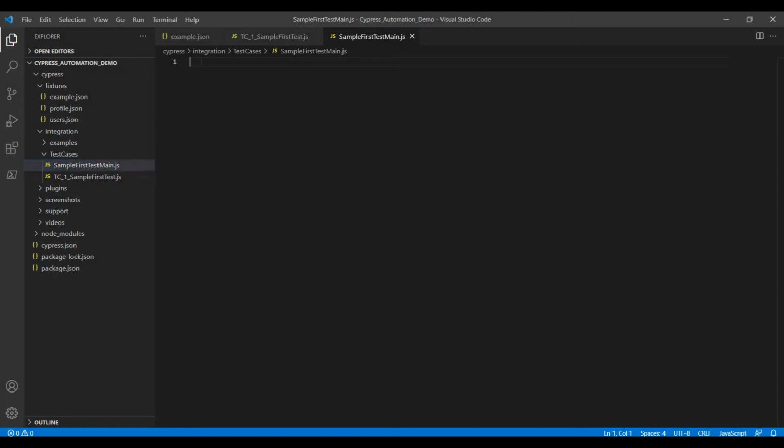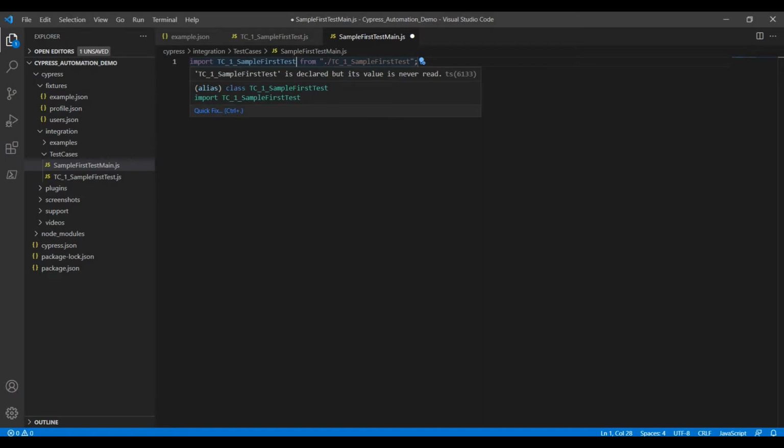Here we have to add one line, import. So what is the class name? TC. After selecting that class name, that command will be updated automatically, right? Here you have to add one more dot. Then here you can add the folder name, because we created it inside the test cases folder. You just add test cases. Okay, that's it. So this is the path of the class name. Here we have to import it inside the main class.